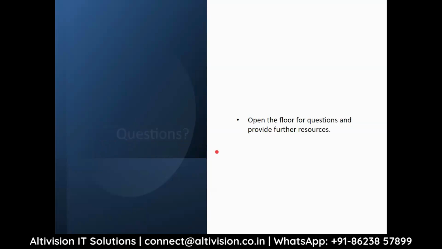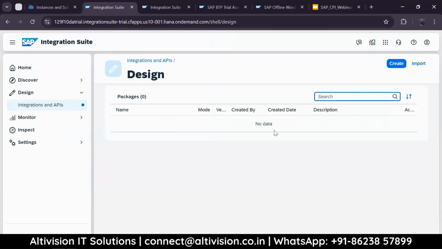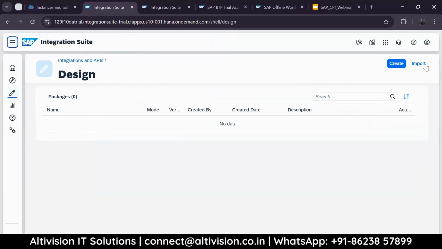Before question and answer, we will try to see if we can build something. See, here is a create option. If I click on create,